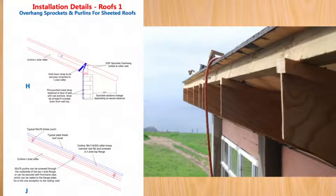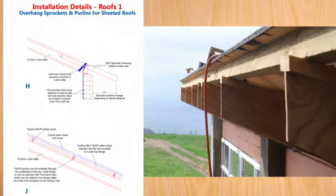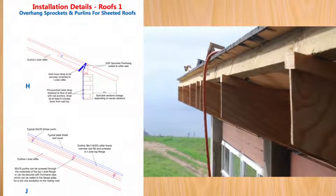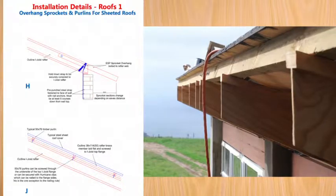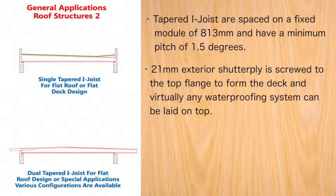In terms of roofs, the I-beams are ideal for sheeted roofs, particularly, where spans of up to 12.5 meters can be achieved, and centres up to 2.4 meters, providing one, of course, has the right purlins to achieve that. In terms of flat roofs, we are one of the only 3 companies in the world that manufacture tapered I-beams. The tapered I-beams have a pitch of 1.5 degrees, enough to roll off 70 millimeters of stormwater at any given